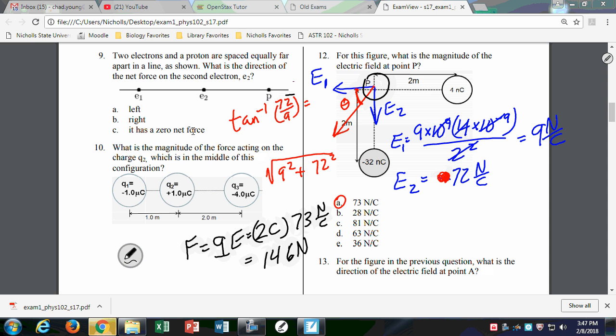Boom, that's easy, because if you know the electric field, it's really easy to find the force. But if you didn't know the electric field, you could calculate the force. You just use your Coulomb's law. Now, what's more likely is asking what is the electric force on this charge. I have 2 charges. Well, the electric force is in that direction, and I would calculate it, kq1q2 over r squared. It's going to be 9 times 10 to the 9th, 4 times 10 to the minus 9, 32 times 10 to the minus 9, divided by the distance, which is